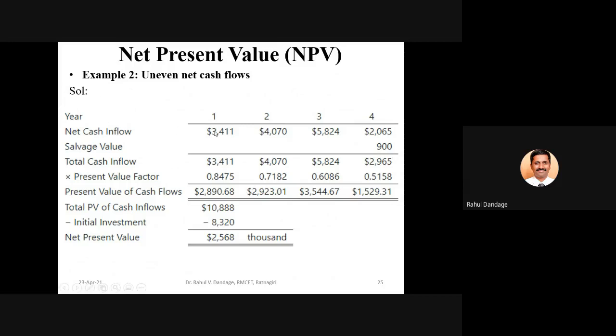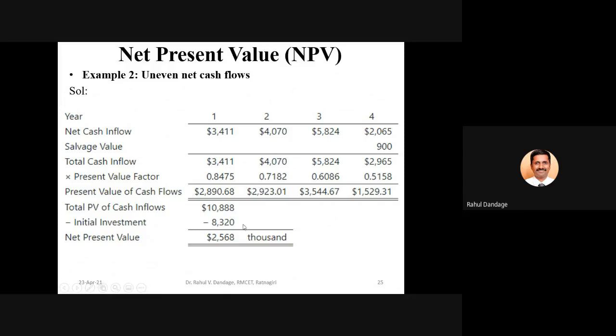We have to write down the cash flow for each of the year. If there is any salvage value, we can add it at the appropriate year, and find out the total cash inflow. We can calculate the present value factors, and those present value factors can be multiplied directly to those different cash flows at the end of each period. So likewise, present value for each cash flow that has been determined, if we add all these present values, then total present value of cash flow comes out to be